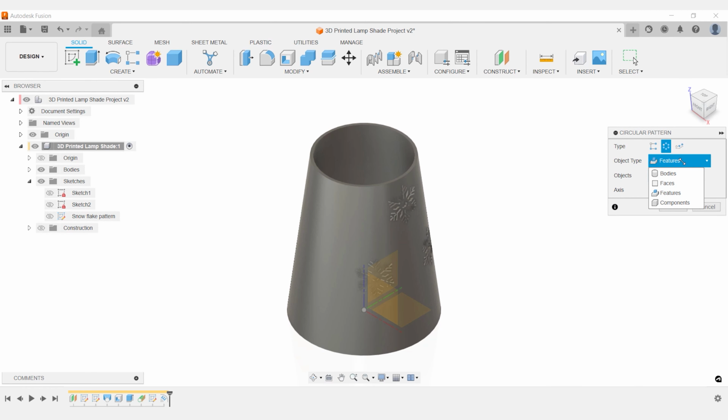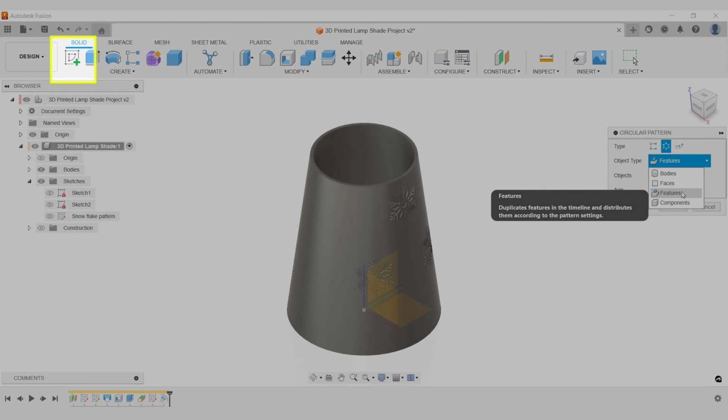I'll make a circular snowflake pattern, and this pattern is made with a deboss design feature. Therefore, I'll use the feature option. If you intend to make a circular pattern for a face, a body, or a component, then you'd choose another option. You would have to enter the contextual sketch environment first if you want to make a circular pattern for